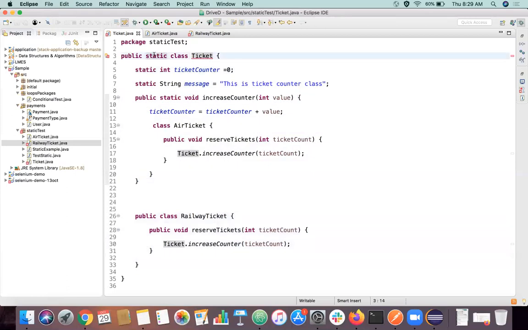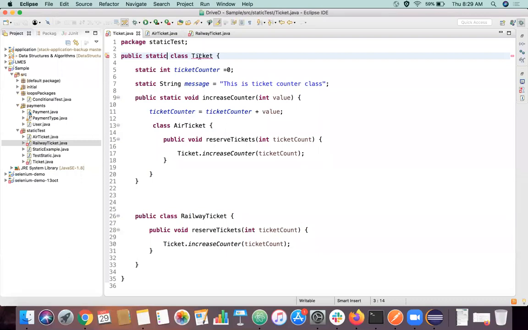Okay, so as you're saying, we can't create the outer class as static, but you said that if we declare it as static, we still have to create an object to access it, right? Yes. So you meant that if we declare the outer class as static and create an object of it, we can still access it? No, we cannot create an object of a static class. That's the point.